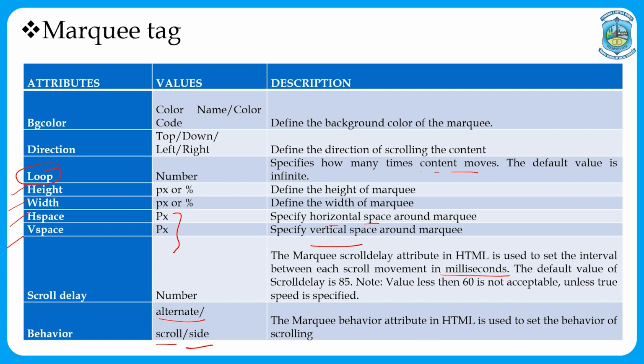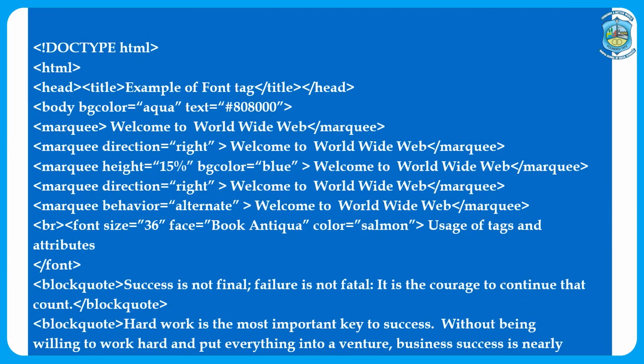The last attribute of the marquee tag is behavior. This attribute is used to set the behavior of scrolling, or the behavior of the movement of the content. There are three values: alternate, scroll and slide. Alternate moves the content from one direction to the other direction. Now, this is the example. You see here,